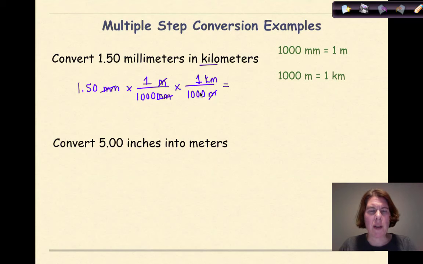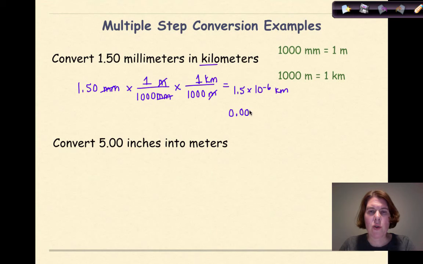So when I multiply this out, it's going to be 1.5 times 1 divided by, and then if you put this into your graphing calculator, you want to put it in parentheses, 1,000 times 1,000, end parentheses, hit the equal sign, and you should get 1.5 times 10 to the negative 6 kilometers in scientific notation,